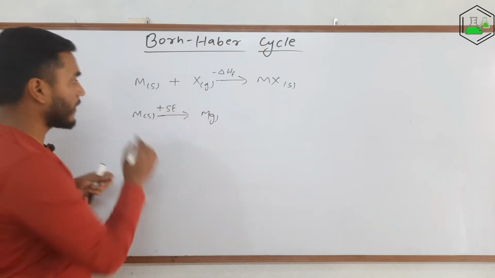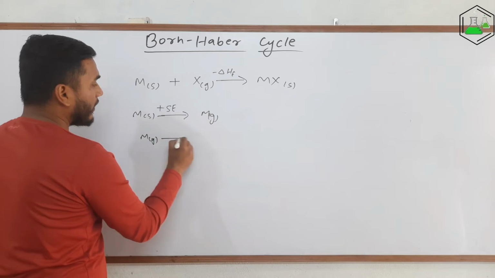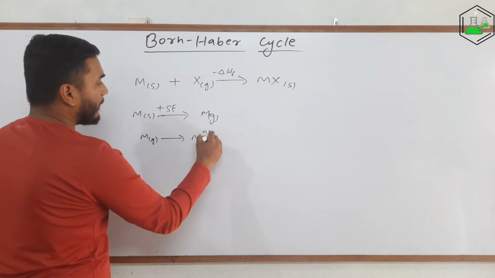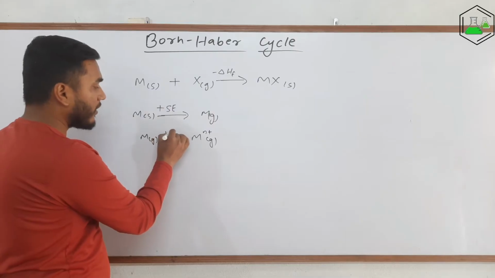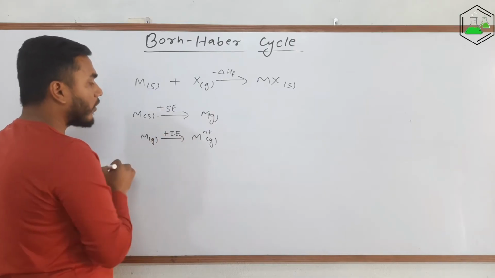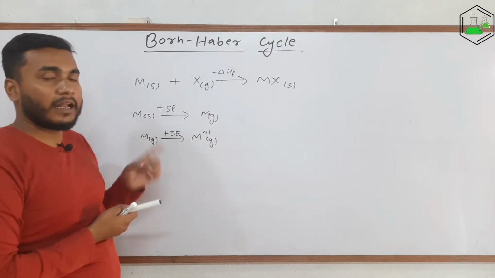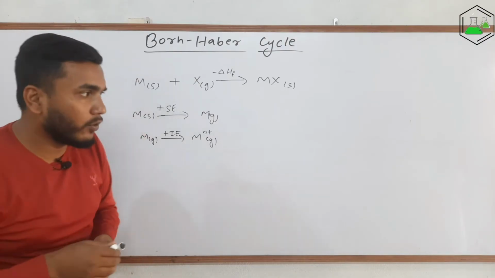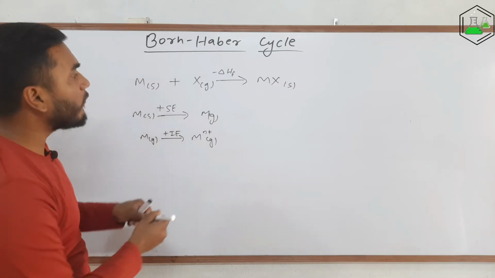amount of energy. Similarly, if we want to ionize this gaseous metal, that is Mn plus, then we need to provide some energy, that is called ionization energy. You know it already. Ionization energy is required to ionize the metal. That means we are removing an electron. Whenever we want to remove an electron, we need to supply some energy. Now for gas,